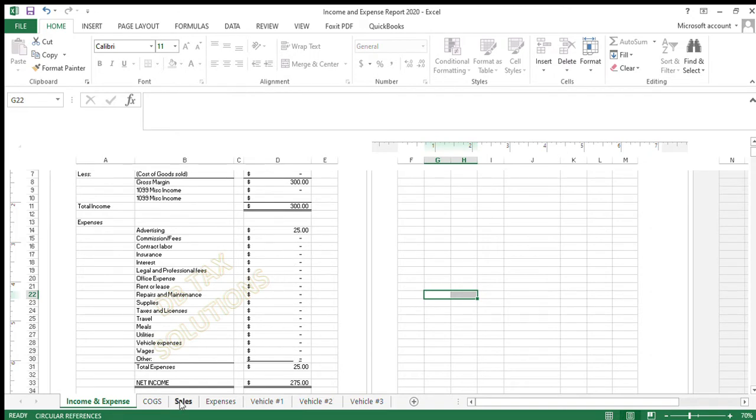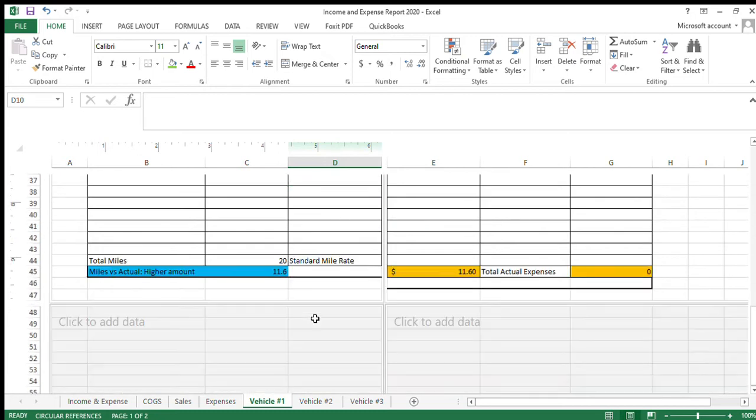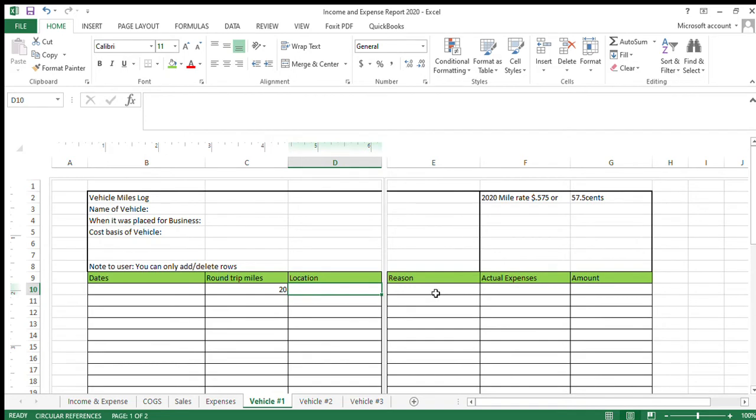Okay, so now we go to vehicle miles, for example. Say for the 3 months, all you did was 20 miles round trip, and for 2020 the mile rate is 57.5 cents. So that 20 miles comes down to $11.60. And you can also record your actual expenses on this side. Say you have fuel and you spend $30